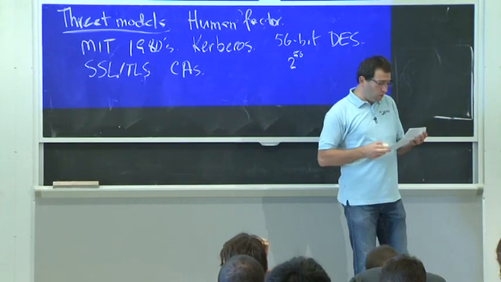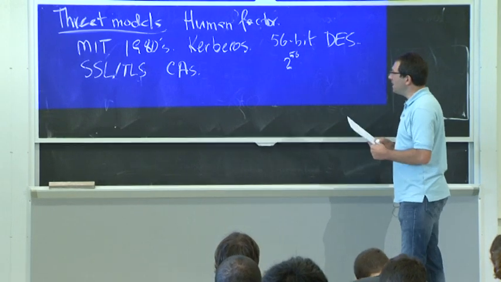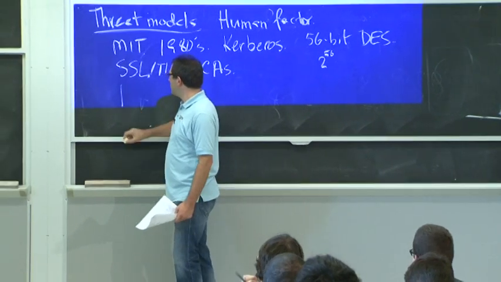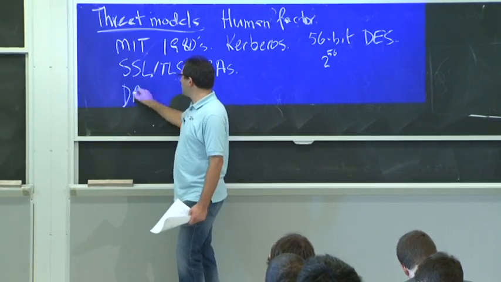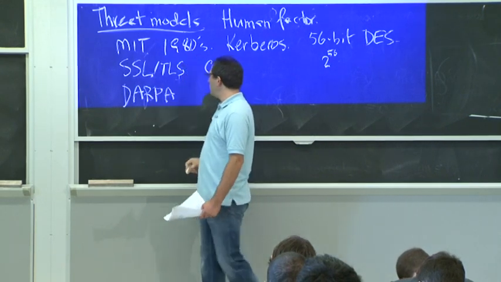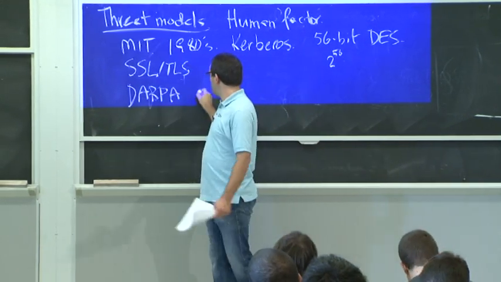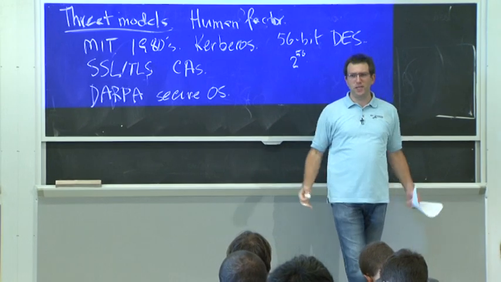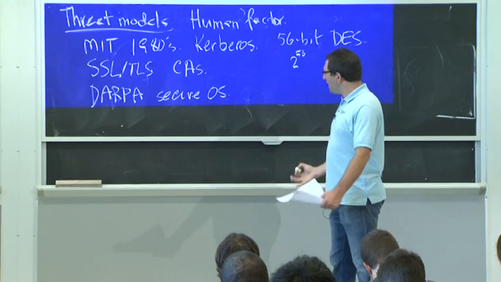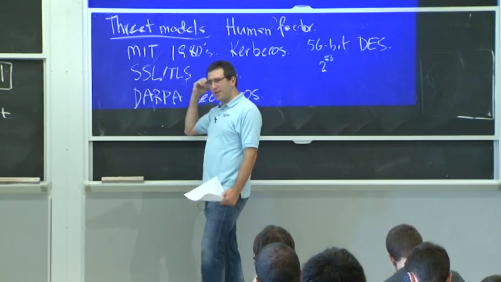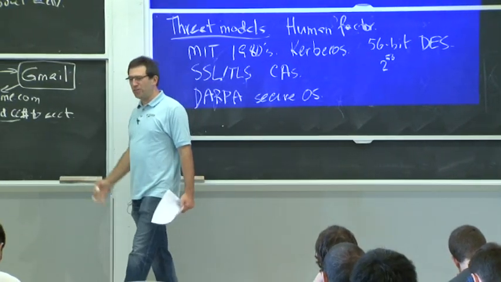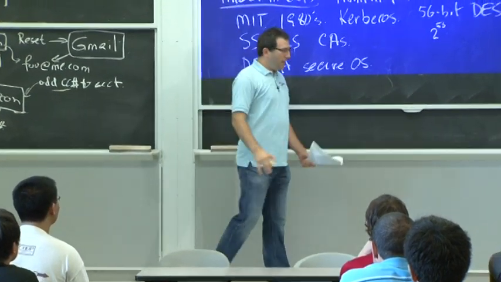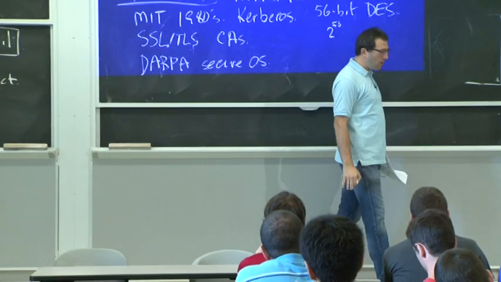And there are many other examples that you might not have thought of. Another amusing example from the 1980s was DARPA, this defense agency, which at the time really wanted to build secure operating systems. They got a bunch of universities and researchers to build secure OS prototypes. And then they got a red team, a team of guys pretending to be the attackers, and told them, go break into these secure operating systems any way you can. We actually want to know, is it secure? And it's kind of amusing, some of the surprising ways they compromised the systems.